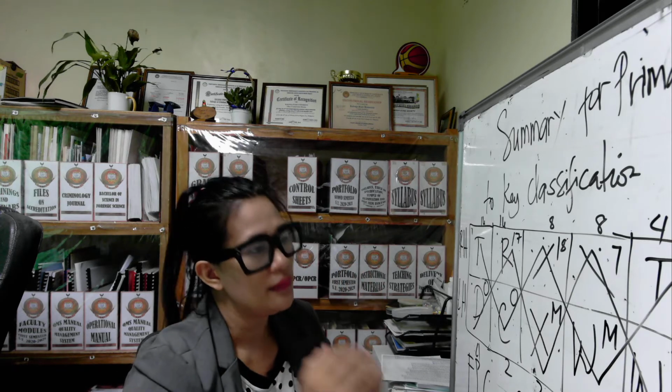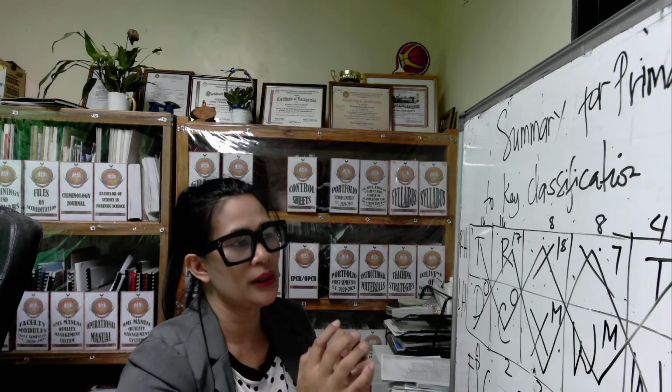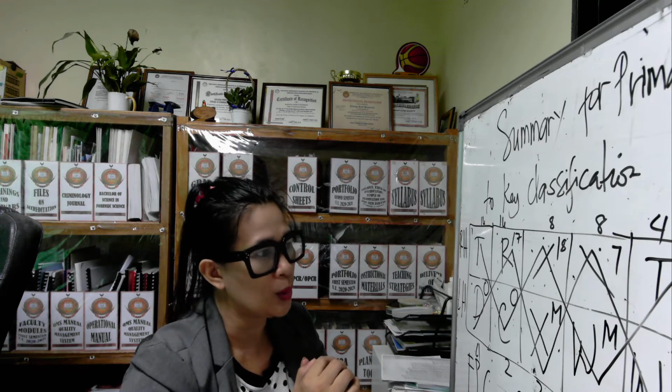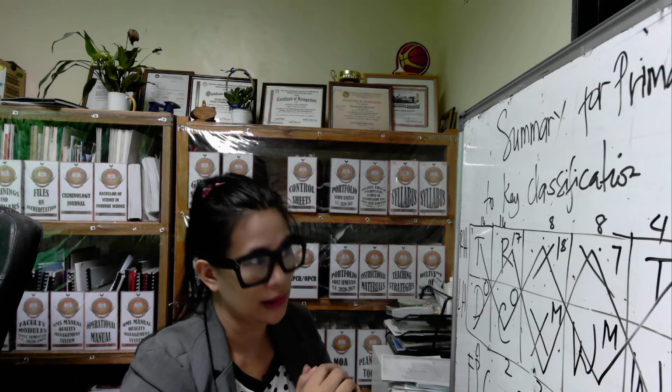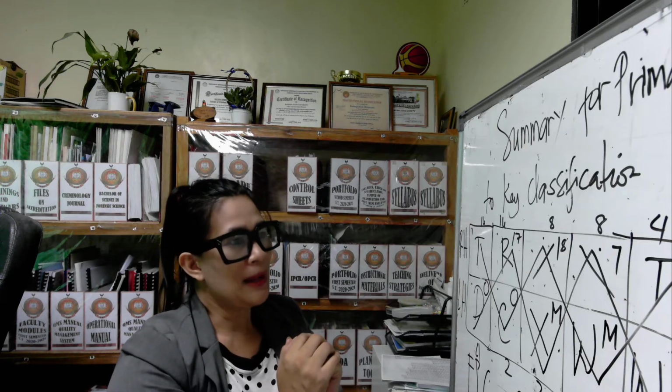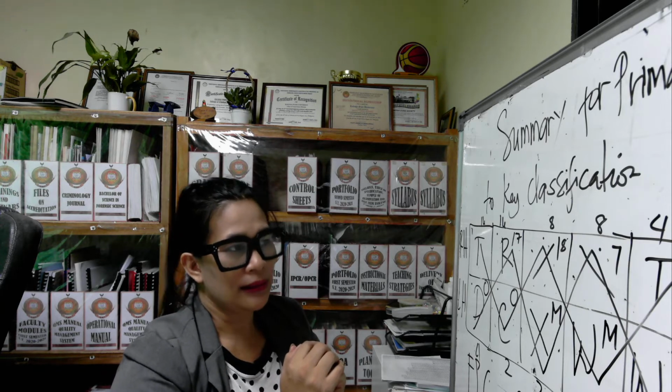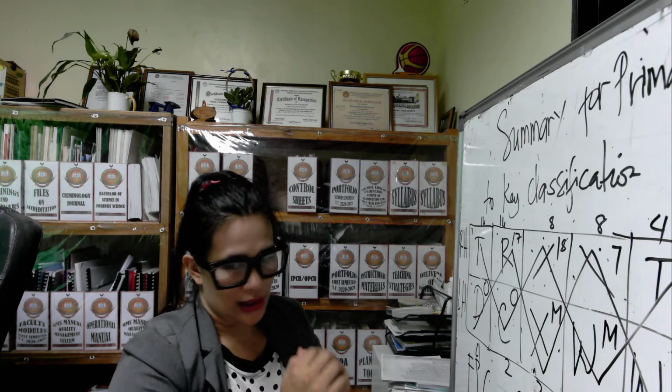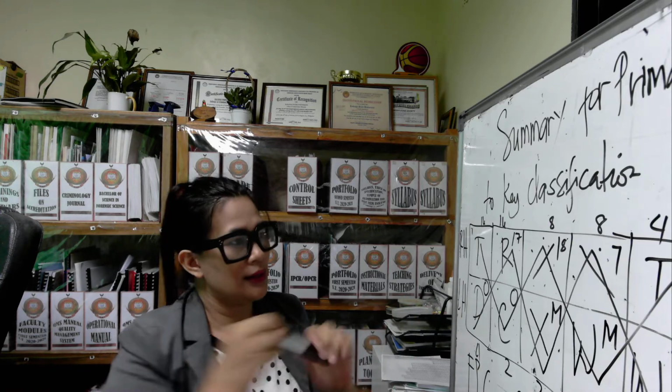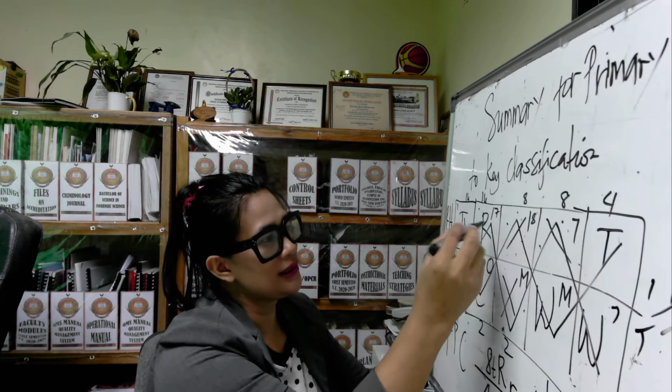For whorl, there is no problem with that because we are just going to copy the symbol, the outer, meeting, or inner. But if the given is tented arc, plain arc, then represent it as a dash. Okay, so we will now answer this one. So this is 17, so that is,